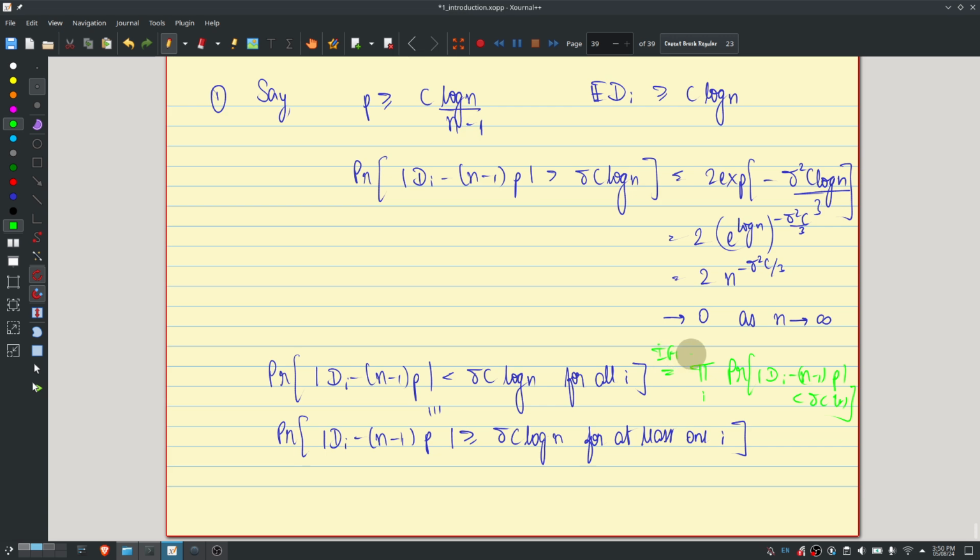The second one is we need to compute the probability for i equal to 1 to n. I could try to do that, but again, I have to take care of the joint distribution, right? So I have to be careful because this is not true. It is not equal to the product of these probabilities. This one depends on all the random variables d1, d2, d3 up to dn. And what about the below? That also depends on d1, d2, d3 up to dn.